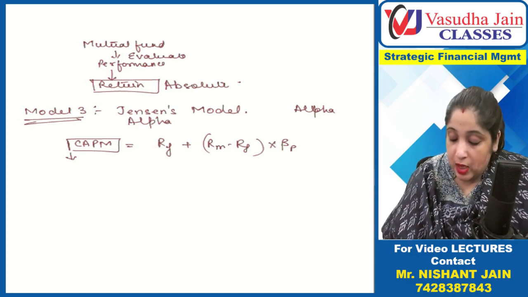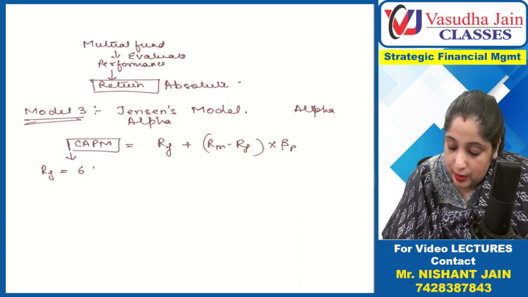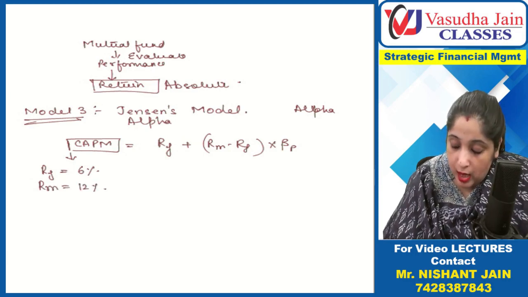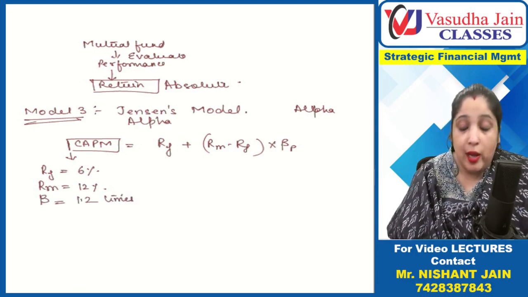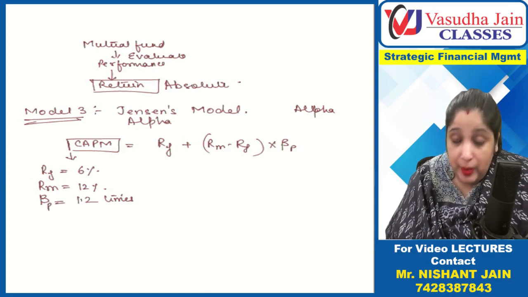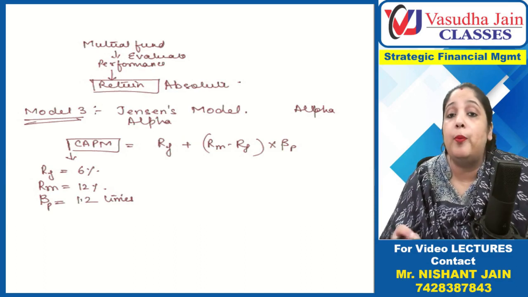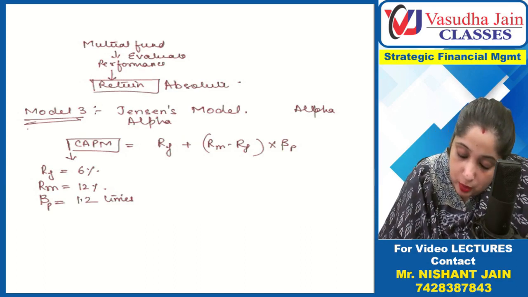What does it mean? Suppose, let us say, I'm just taking an example, Rf is 6% and the stock market is giving a return of 12%. I'm just revising it, okay. And the beta of your portfolio is 1.2 times. Now I want to know how much return your portfolio should earn. Okay, CAPM denotes how much